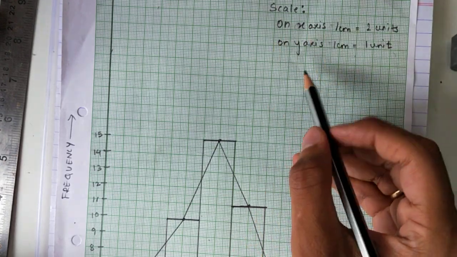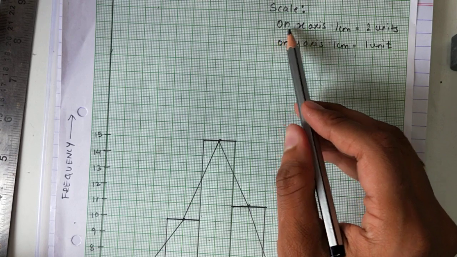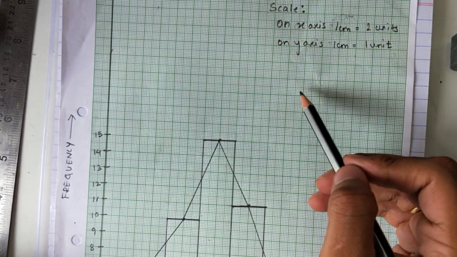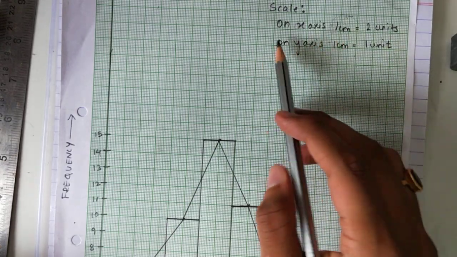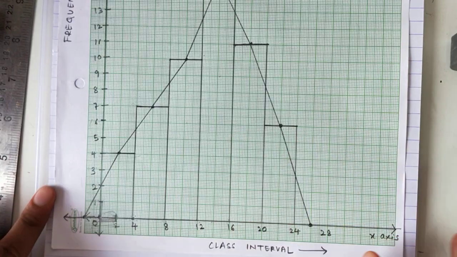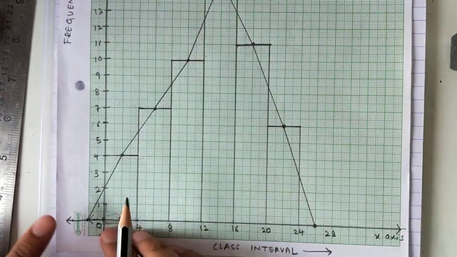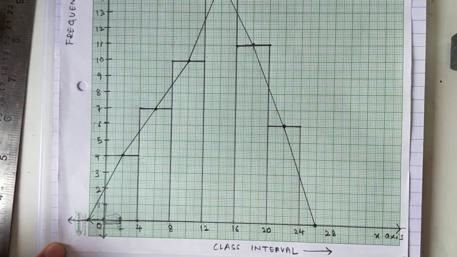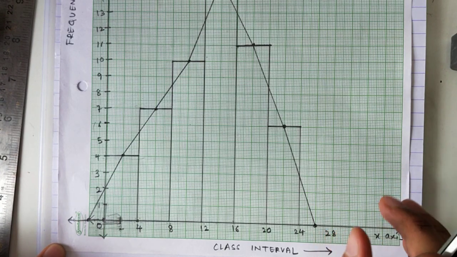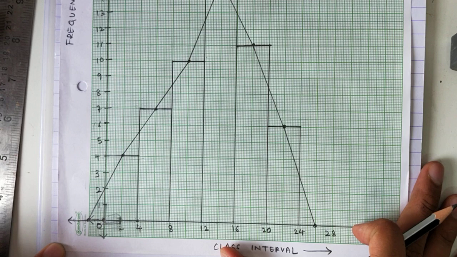If you are using a 2 centimeter graph paper, then the scale will change. Here instead of 1 centimeter you will write 2 centimeter. Okay, well, I think most of you will be using this graph paper only. So we are done with the first sum. I did this sum very slowly to make you understand each and every step. Now let's start with the second sum.